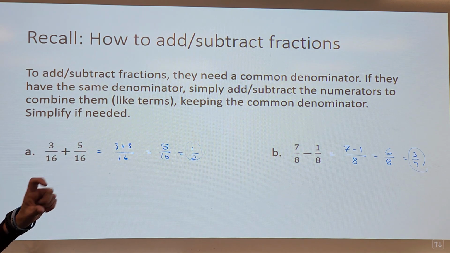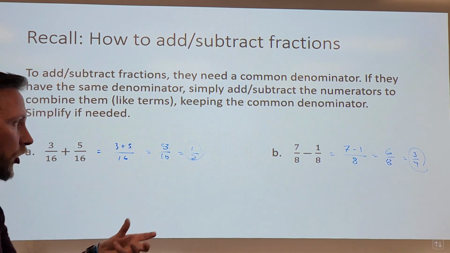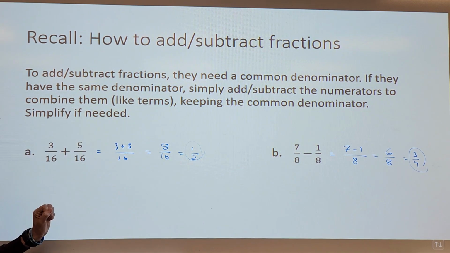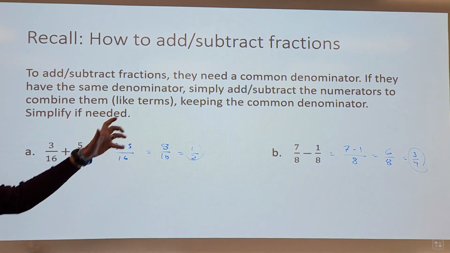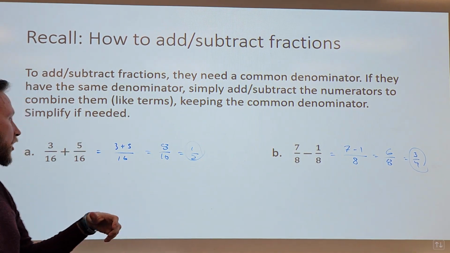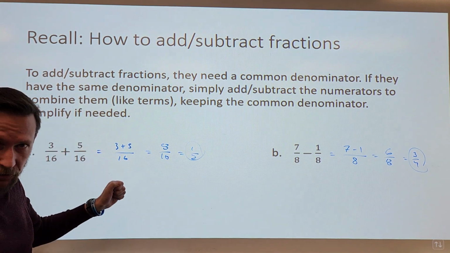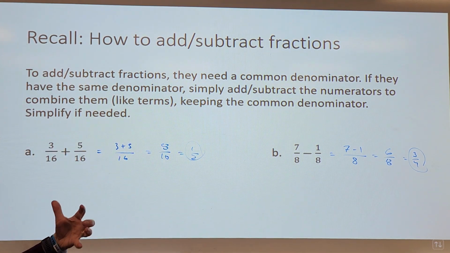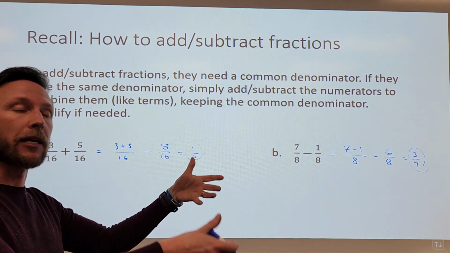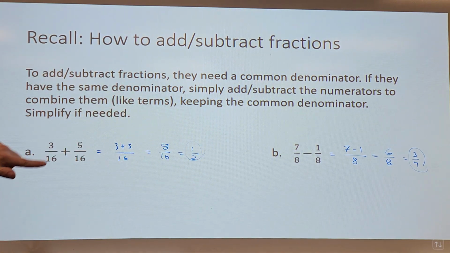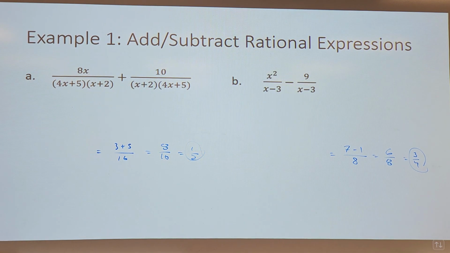The key here is just like when you learn to add or subtract like terms, here we have 3/16 and 5/16, and together that makes 8/16. Just like if we had 3 x's and 5 x's, that makes 8 x's. It's the same idea of working with like terms. And so in order to add these fractions in arithmetic class, in our elementary grades, we would need to make sure that we had a common denominator so that they were like terms